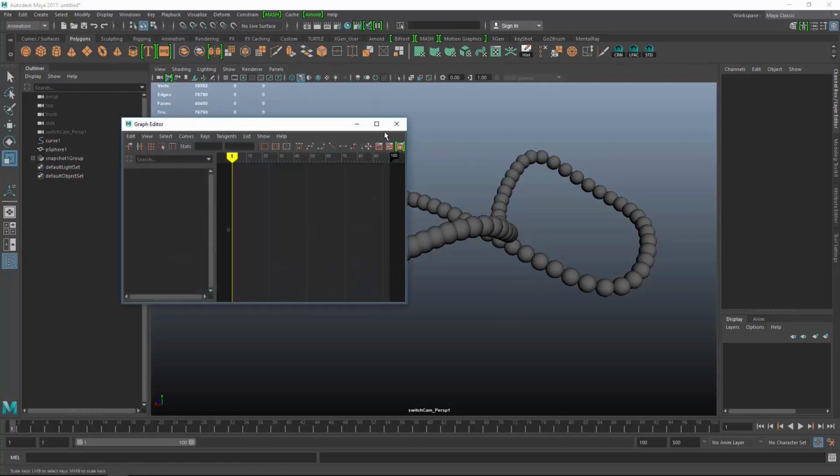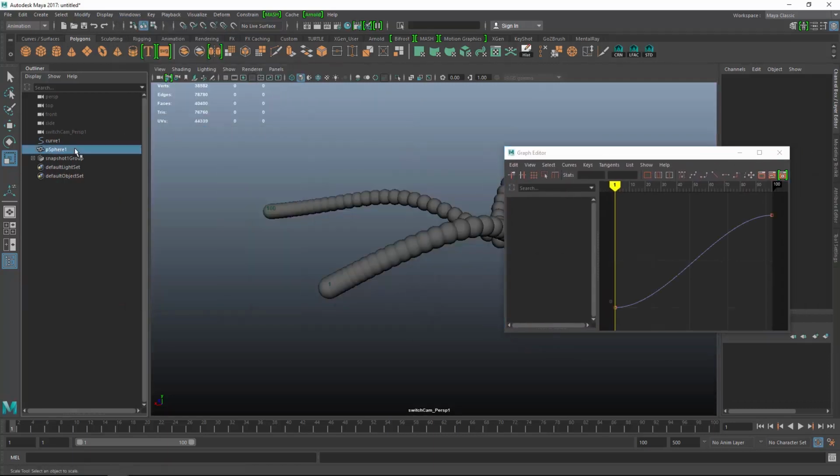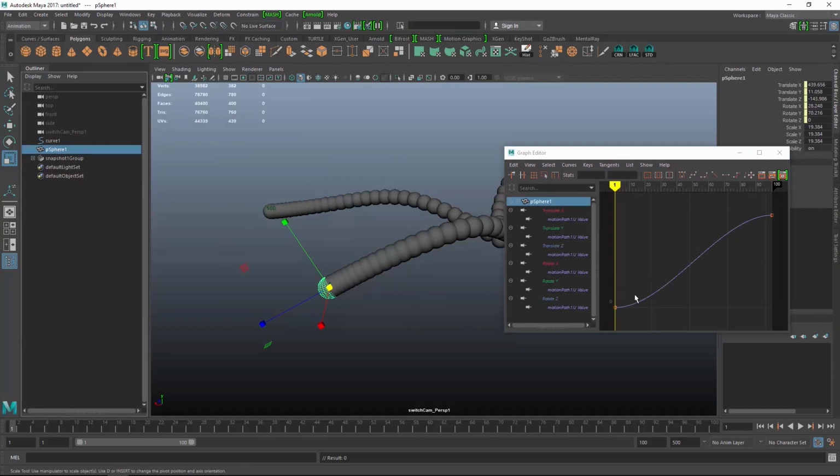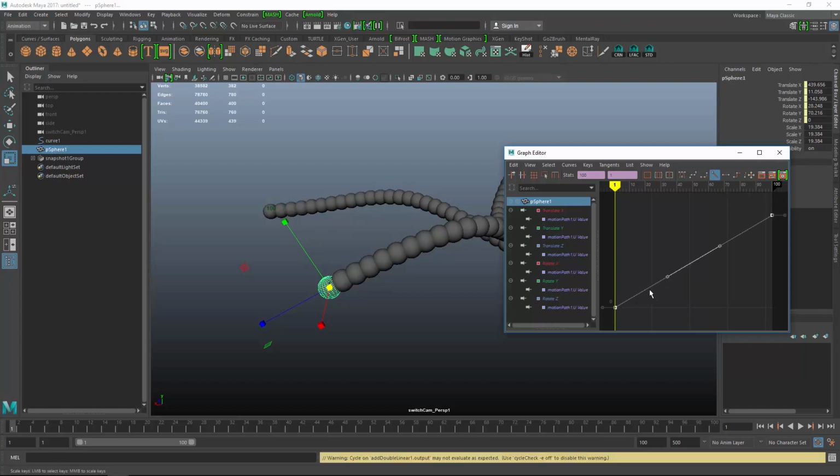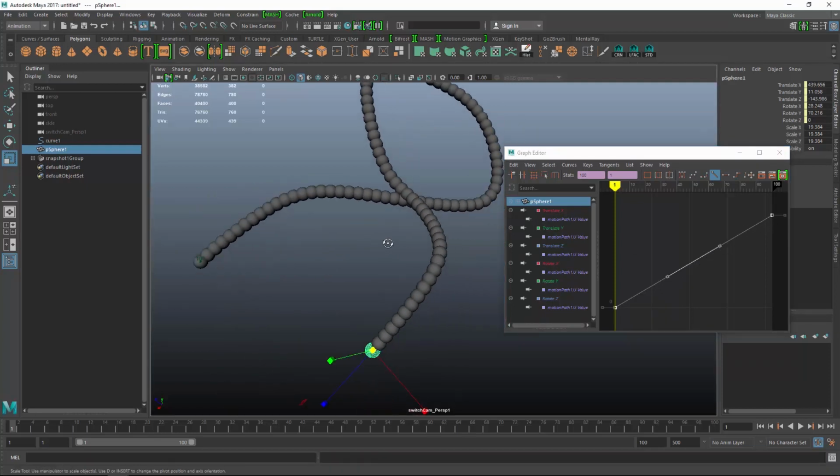So if I go to the graph editor again, and we select our P-sphere, which is on the motion path, you can see that our motion path has this kind of S-curve. And what they call that in animation is actually a slow in, slow out. In our case, we call them flat tangents, because you can see that if I grab the keyframe, the tangents are flat. So if I grab both of these keyframes and hit this one, which is linear tangents, now you can see that we have a straight line between our two keyframes, and now all of our spheres are